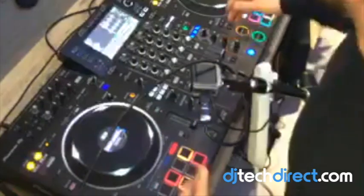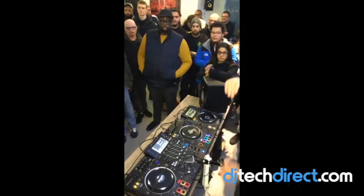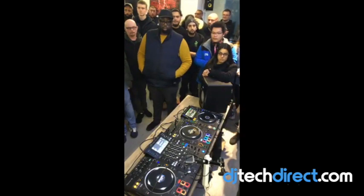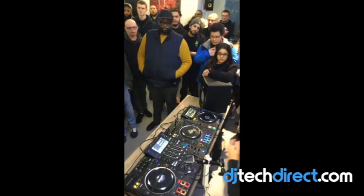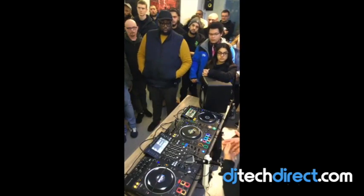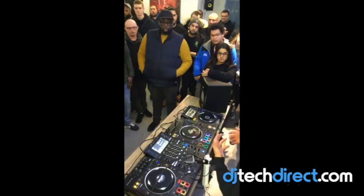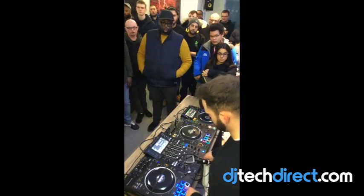And then we've got beat jump, and that allows you to jump forward 2 bars, 4 bars, 8 bars, or back 2, 4, 8, 16 I think as well. So very basic pad modes, but I must admit, I use beat loop, I use hot cue at every mix. I do. Slip loop, sometimes if I want this effect,